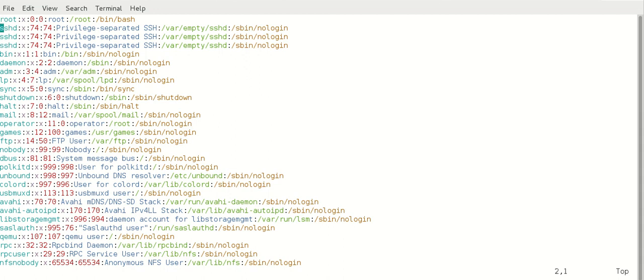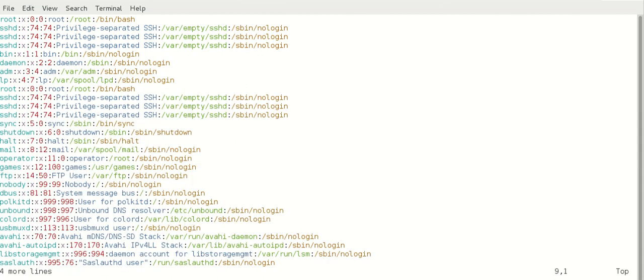This is 1, 2, 3, 4 lines, root to SSHD. So the cursor is at those 4 lines, 4yy. Now I am going to paste those lines below, at the LP line. My cursor is at the LP position, now I press the p button. The lines will be added in the below line.